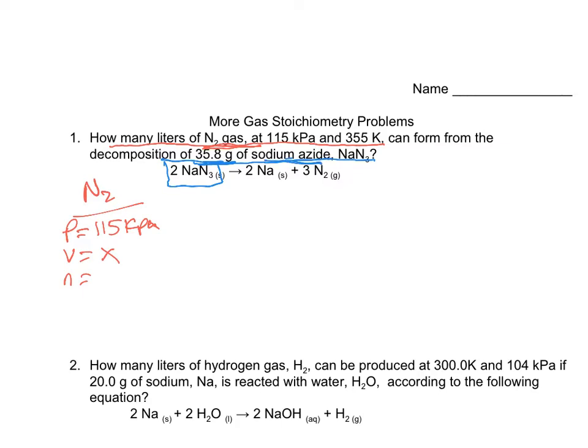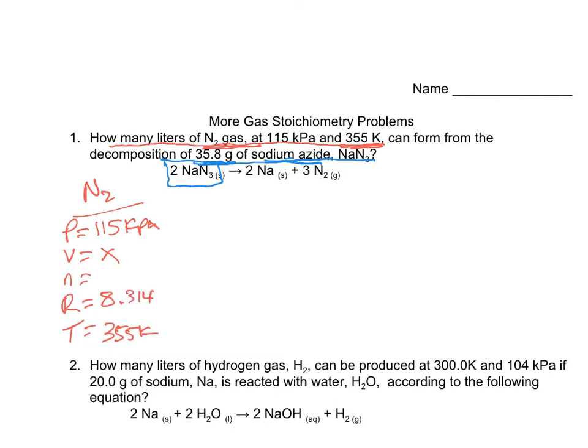So this is the only thing that's new, because now we've got to change that from the sodium azide into nitrogen gas. That's where a little bit of the stoichiometry is going to come into play. We'll come back to that. Let's just keep going with our PV = nRT here. Our R value that we're going to use, we look on our red sheet. We'll come back to that as well. And then our T is already given to us in Kelvin at 355 K. I think if we look on our red sheet, I'll pull this up in a second, our R value is